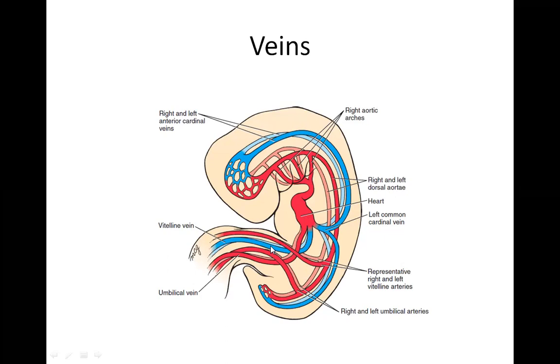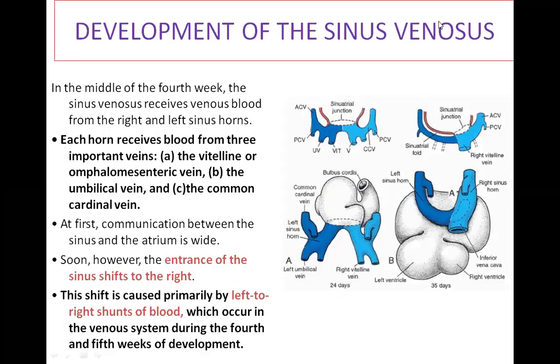Initially before the birth, the veins are carrying the oxygenated blood towards the heart, and the arteries are carrying the deoxygenated blood away from the heart. ठीक है, ये बात हमें याद में रखनी है. Then the development of the sinus venosus. So this is only the two horns we have considered over here. This one is the left horn, this one is the right horn. ठीक है. तो राइट हॉर्न में हमारी कॉमन कार्डिनल वेन खुल रही है, अम्बिलिकल वेन, एंड द राइट विटेलाइन वेन, एंड सिमिलरली द लेफ्ट विटेलाइन, द लेफ्ट कॉमन कार्डिनल, एंड द लेफ्ट अम्बिलिकल वेन.